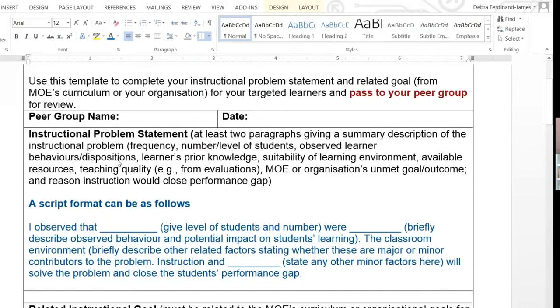But what I got was sort of a description, but with a lot of extra words and descriptions that took away from the essence of the problem. So instead of just sticking to what I have here, and being specific and concise, students went on a lot to describe a lot more about the students, their experiences, and so I thought I needed to borrow that sample script approach to help to focus their writing. So this is what I did